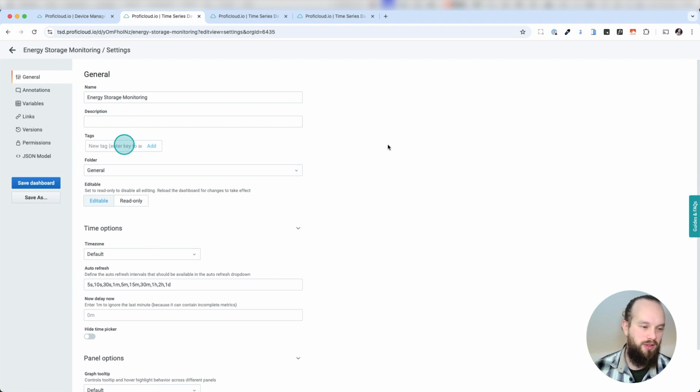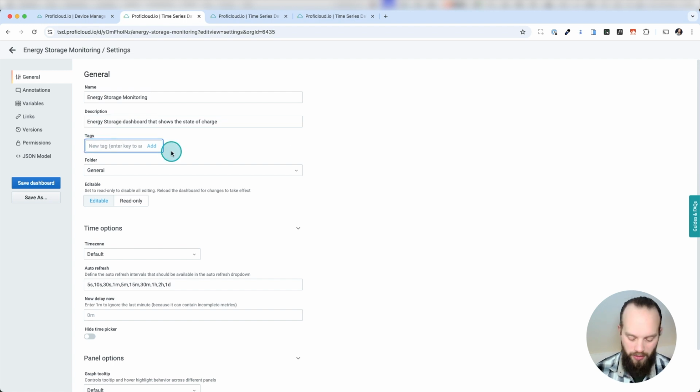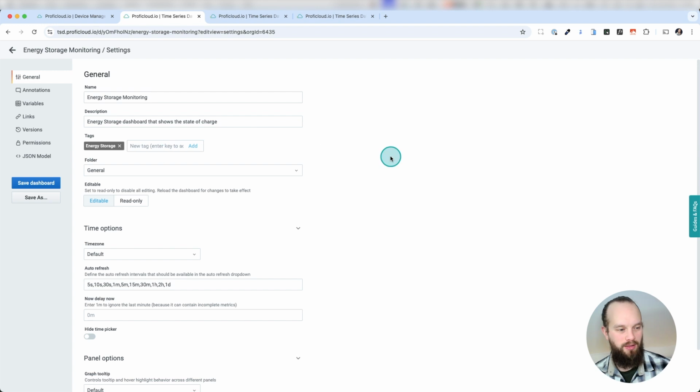We can take a look at what can be done here in the settings. So the first thing I could do is rename the whole dashboard, give it a description, give it some tags, which absolutely makes sense. Let's do it like this. Could be something like that. So now I could give it a tag. Makes sense if we are going to create a navigation later on, and so on and so on. But it always depends on the use case.